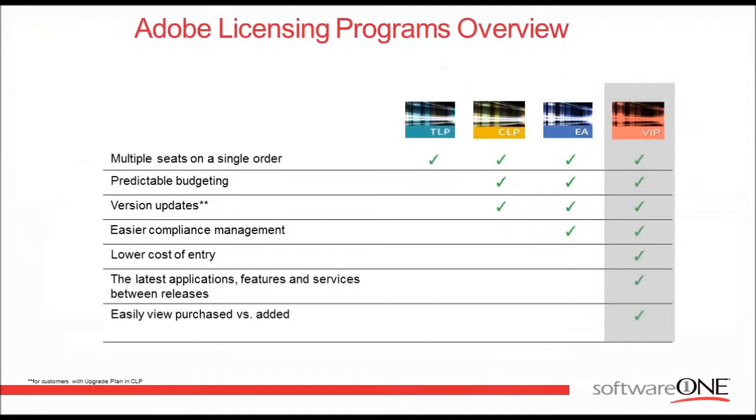From an optimization standpoint, the next contract would be the CLP, or Cumulative License Program. It's a two-year open-ended contract. You can repurchase, with about a 7 to 11% discount versus the TLP contract. And basically for medium to large account customers, this has been the contract you've been associated with in the past.